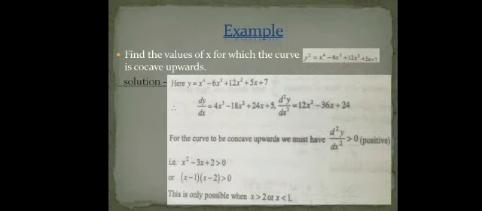So we'll take 12 out. Inside the bracket it will be x square plus 3x plus 2, which is greater than 0. So x square plus 3x plus 2 is greater than 0. And when we solve this, we get that this is only possible when x is greater than 2 or x is smaller than 1. So we found that x is greater than 2 or x is smaller than 1, that we solved just now.